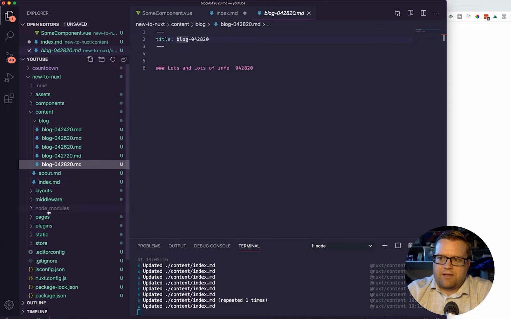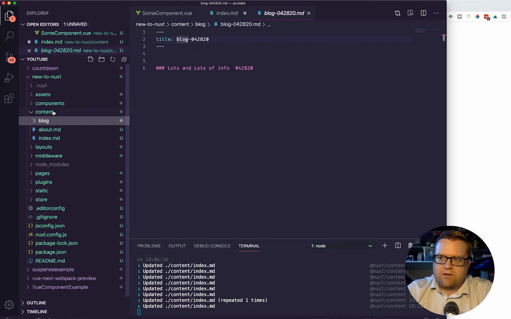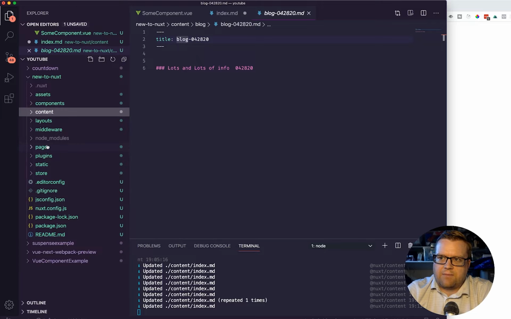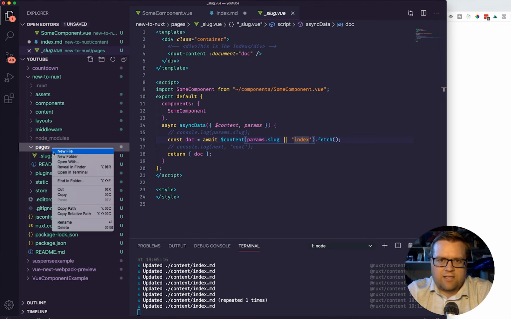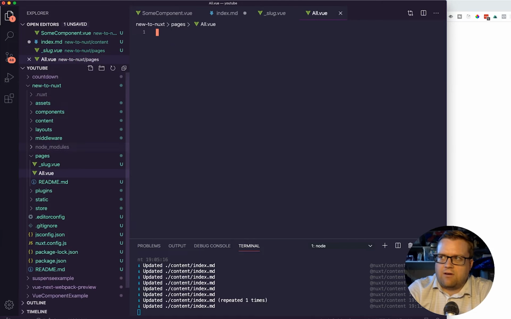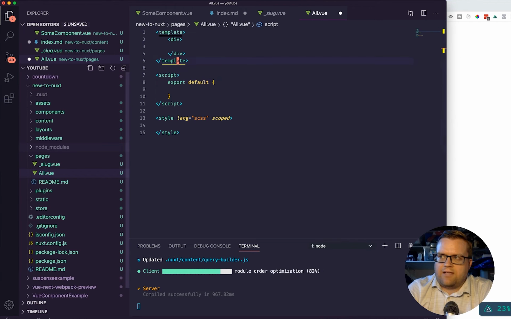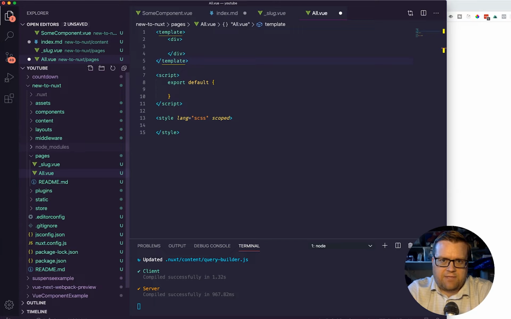Now, if I close this out and look at my pages again, I just have this slug. But if I want to create a new one called all, and I just want to list all the blog content out, how would I do that? So I'm going to create a new component called all.vue. And by the way, I typed vbase and tab, and that's because I have a VS Code plugin called Snippets. You can look at it in the extensions. It's Sarah Drasner's Snippets extension,